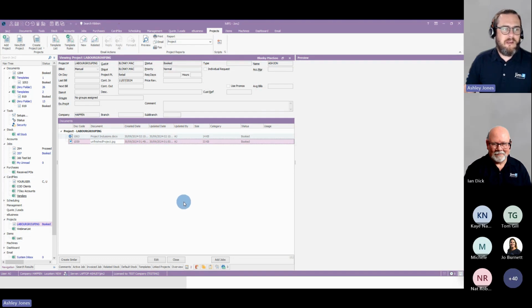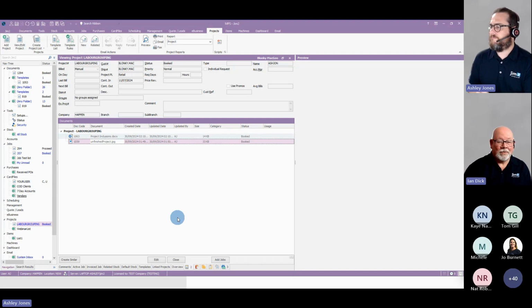Ian, is there any aspect around documentation that we haven't really touched on today that is worth talking about? Well, I think it's relatively simple, to be frank. The content of today's session is covering most of the applications for the products. Maybe just a consideration that it is electronic files. Whilst we tend to talk about it in terms of PDFs and images, equally it can be storage of executables and other things depending on your security controls. So it's an electronic file that you're storing, and being able to get to it from Jim2 can be pretty